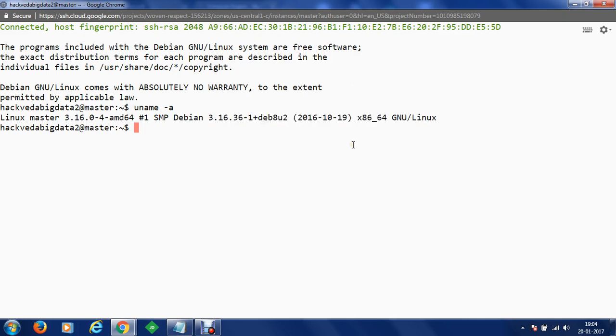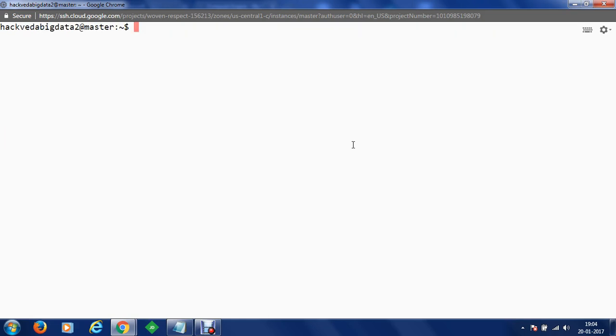Now what next do we need to do? Here is your cloud instance ready, and first of all I would like to make you understand, in order to use Hadoop and MapReduce, Java is the prerequisite. To get started with this, we have to install Java and we have to update our Linux instance. To do that, we are going to proceed to installation of Java and updating of the Linux instance in the next video.